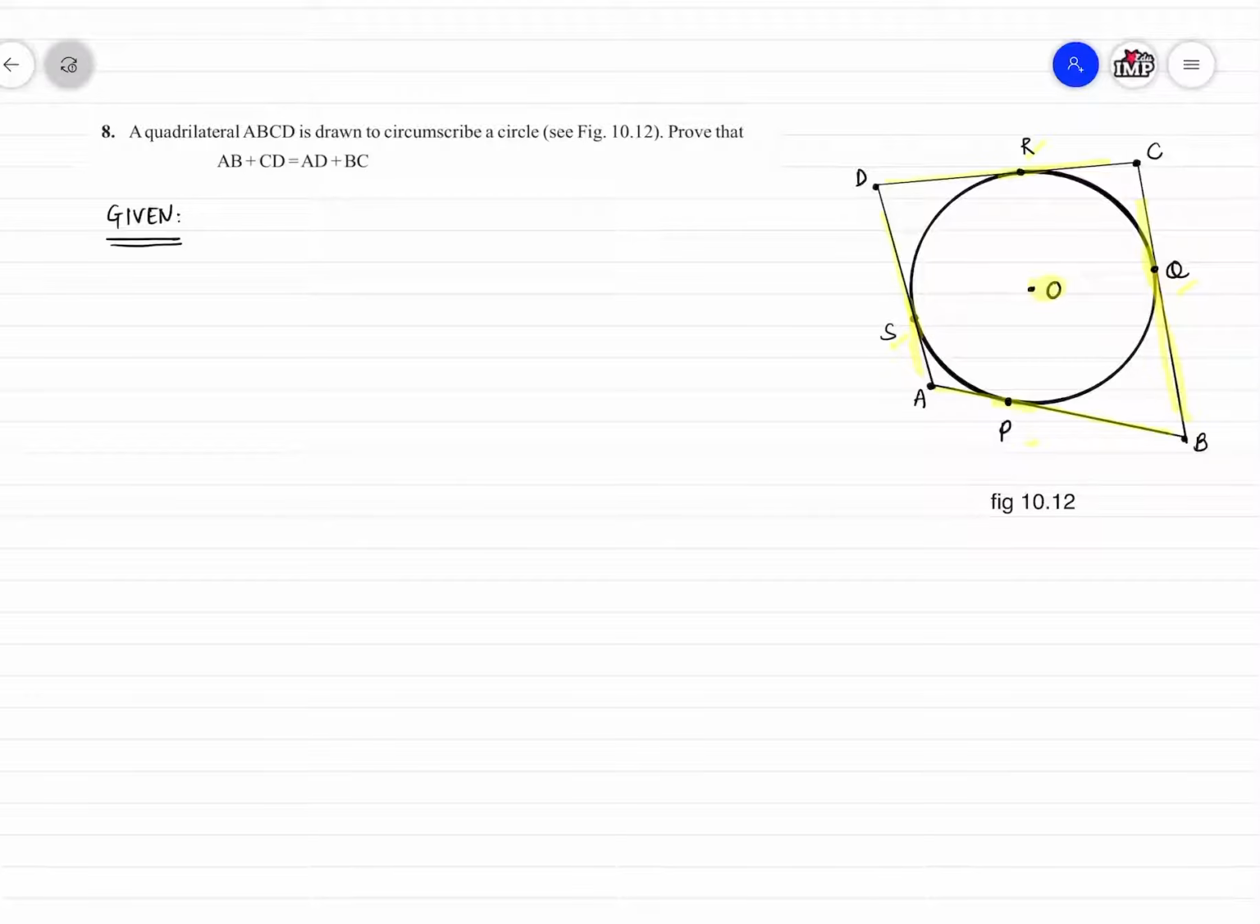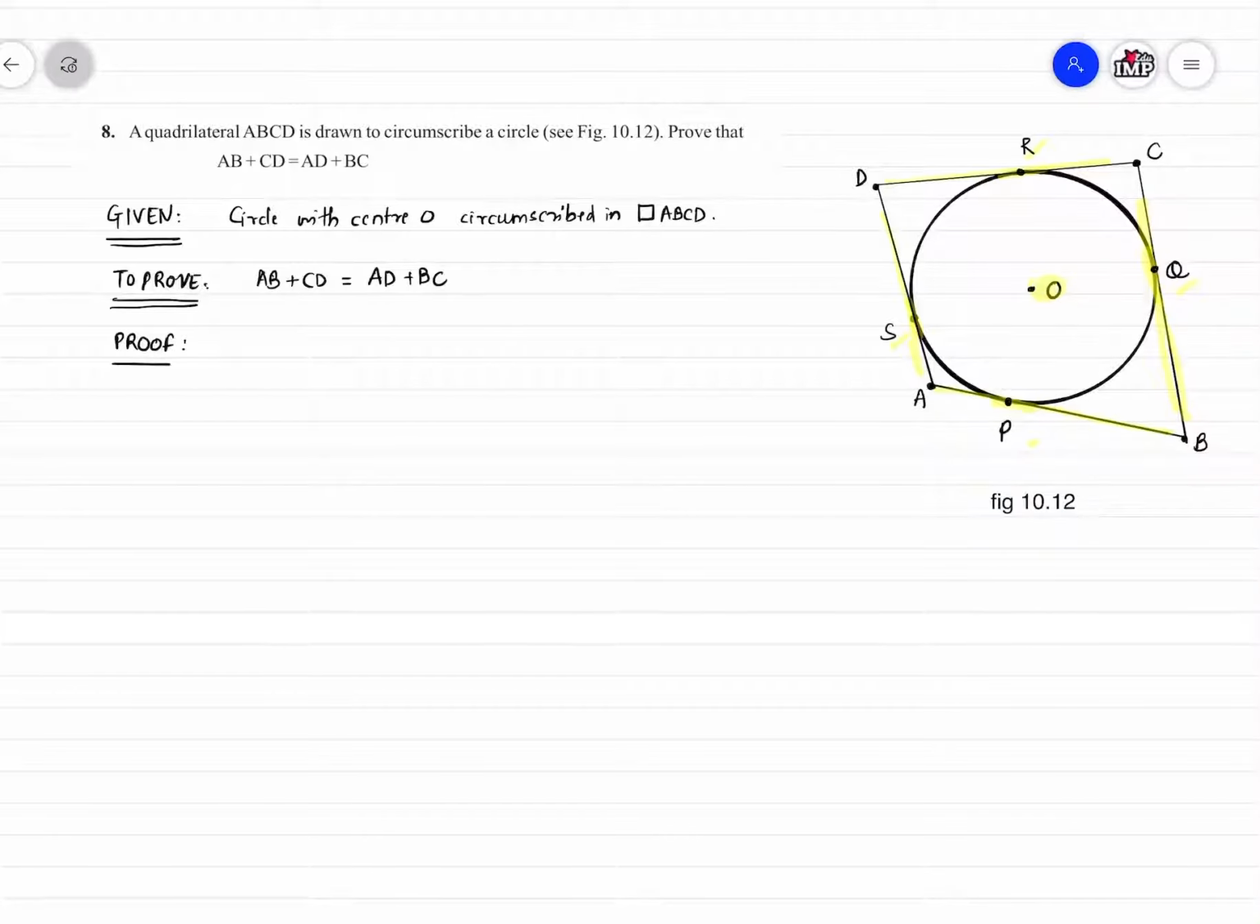So given: circle with center O. We have to prove that AB plus CD is equal to AD plus BC. Now,